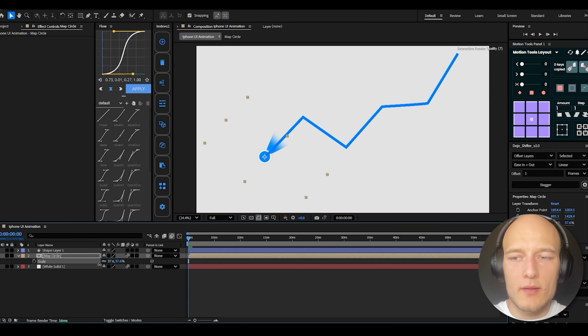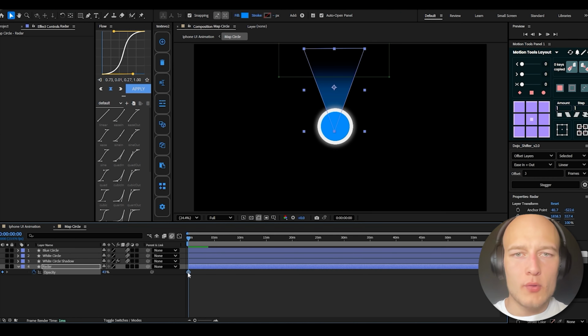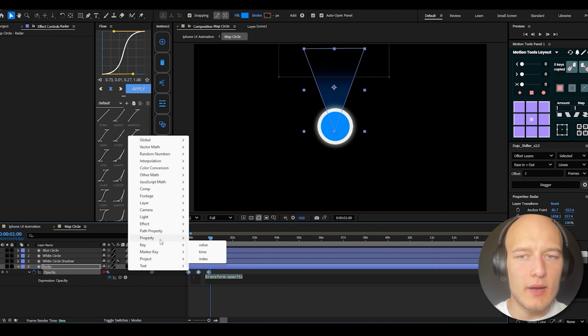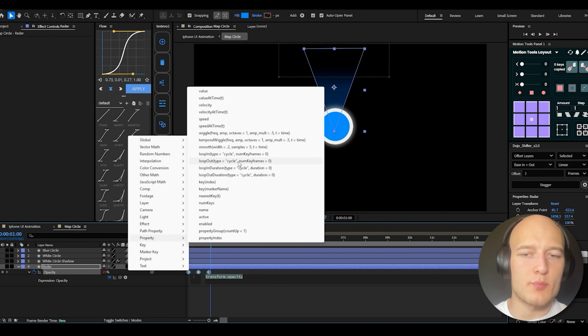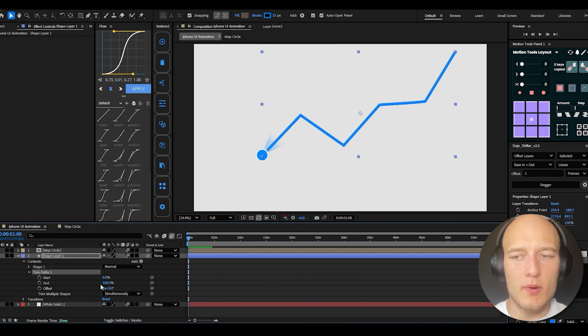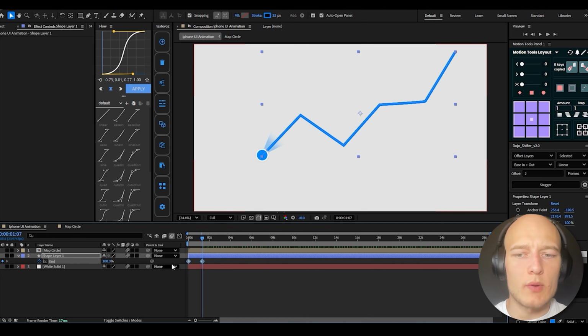Anyway, going back to the edit, what we're going to do now is open up the pre-composition and start playing around with some of these settings. So we're going to change the opacity to go from 25 to about 45 in just a few keyframes. And then we're going to select the keyframes and go up here to property and add this loop out expression to all of them. Now we're going to go back and add a trim path to this shape layer right now so that we start from 0, and in a few seconds we will expose the entire